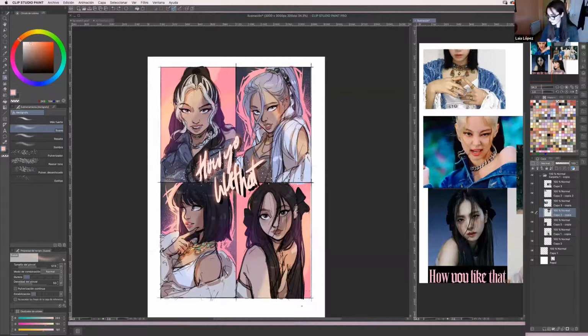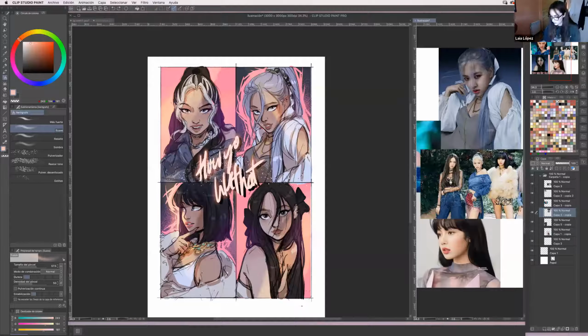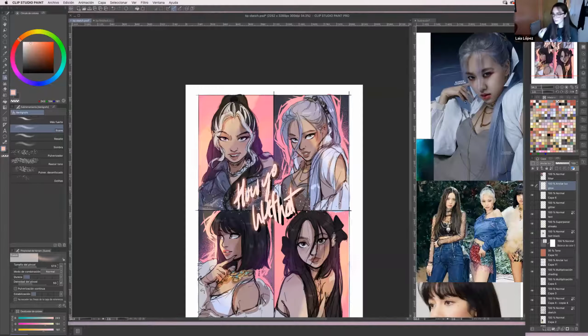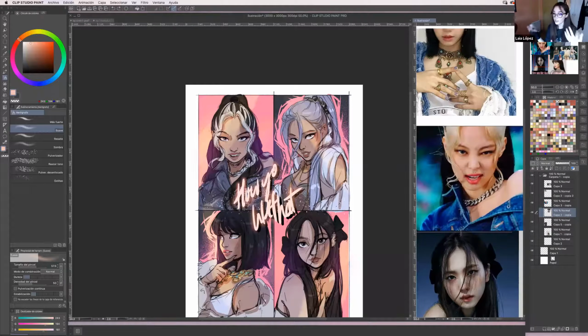Like for example, let's go over Jennie. I think Jennie has a really round face, kind of a cute baby face, and the same goes for her nose and her lips, the whole entire shape, she's just a cute baby face. But then she has these really slanted eyes and this badass attitude that makes her stand out. And I really like that. And I found this screenshot from the music video and I tried to translate it into my style.